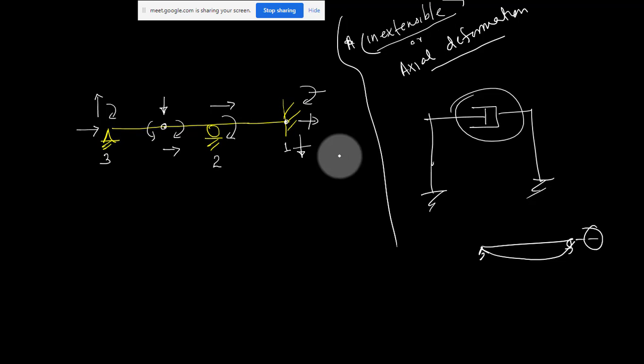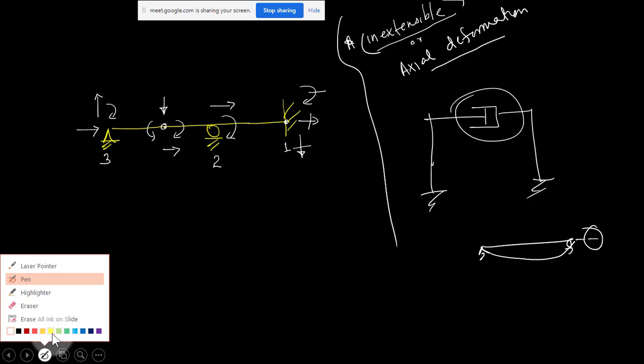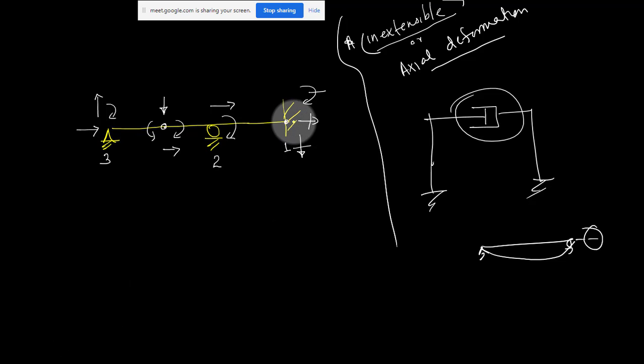Sir, at the hinge how are there 3 degrees of freedom, should it be only the moment one? I have taken both horizontal as well as vertical. Yes, that is what I am telling. Just a second. This point is not moving anywhere, so this member length 1-2 should remain the same. That means this point should not move, this degree of freedom should not be there. If the point is moving, the length is changing, so this is not possible. This one also not possible, and similarly this one also not possible.